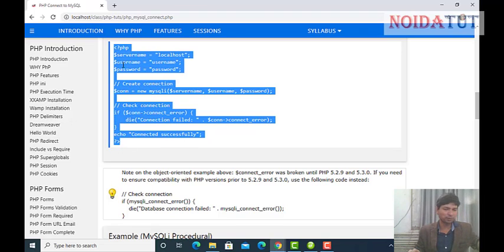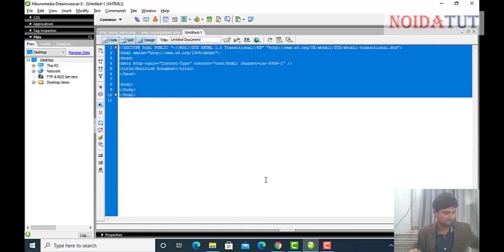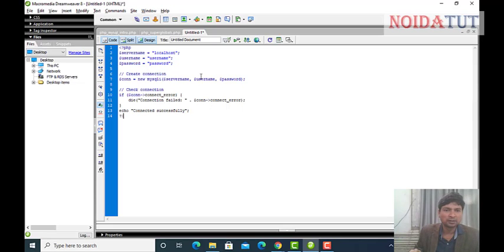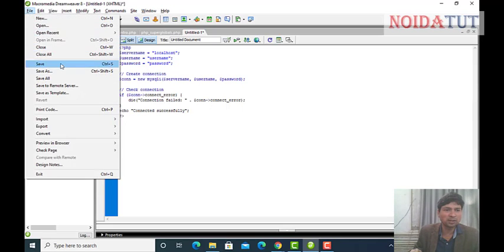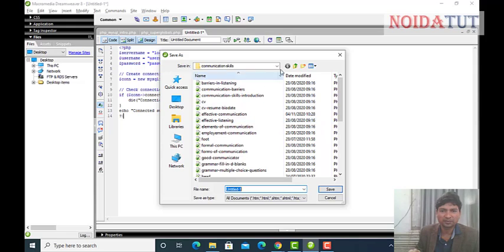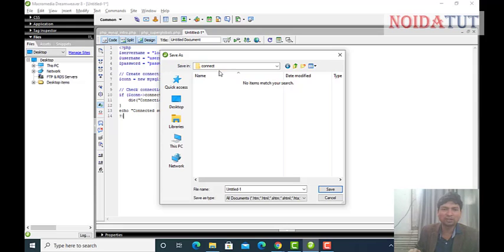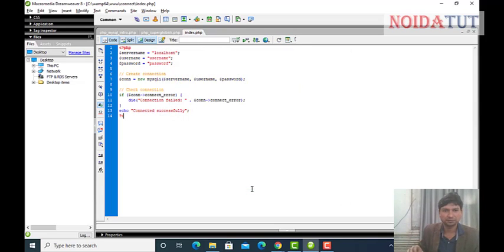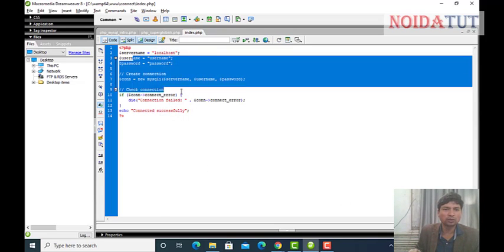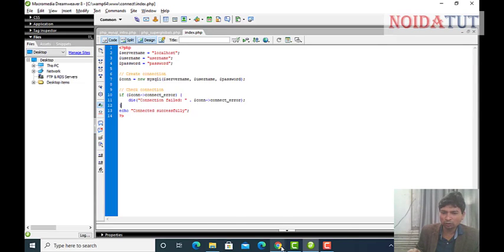Now we are just going to copy this. Now saving this file. We had made the folder connect, which you can see here. In the connect folder, we are going to make index.php. Now we are going to open